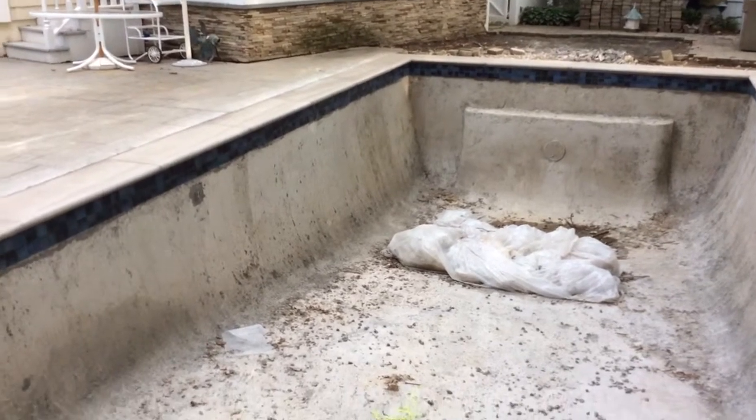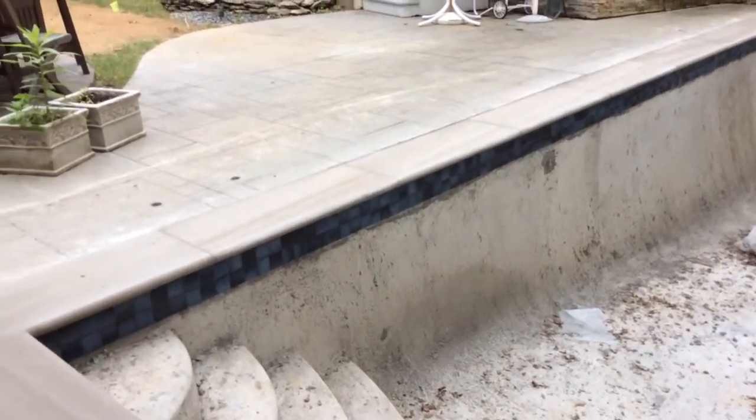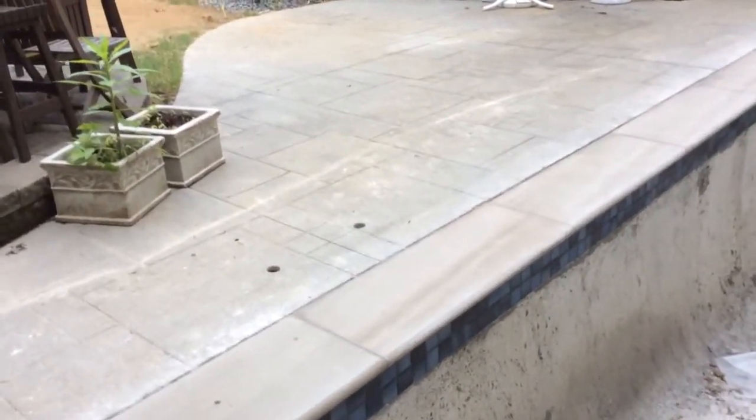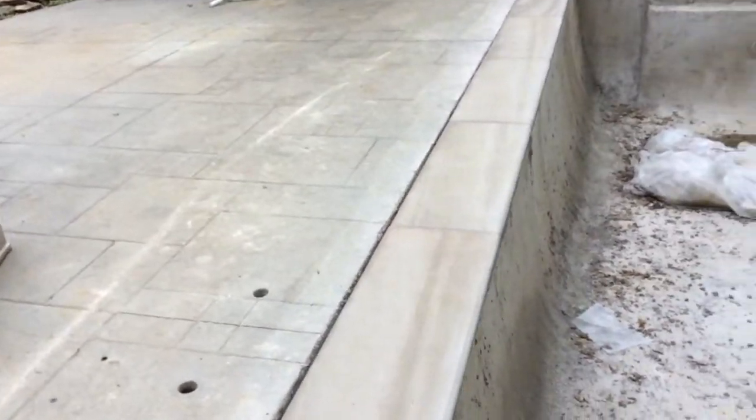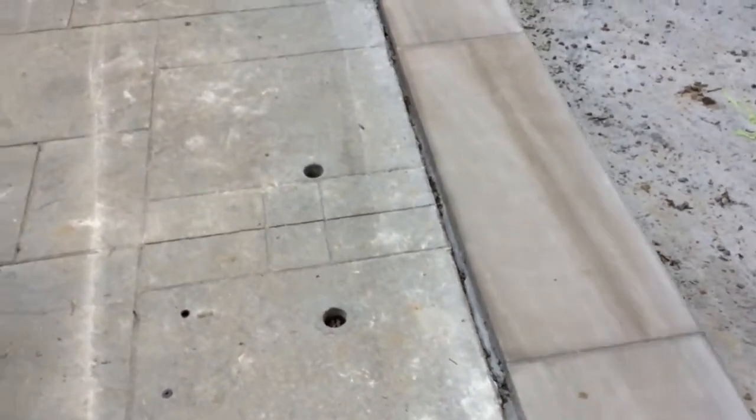Now, what I'd like you to really pay close attention to is the fact that we actually had enough space to put in an 18-inch limestone bullnose coping. You could see beautifully cut and mortared in. The only challenge we have here on this is, I'm going to back up here, and you're going to notice,